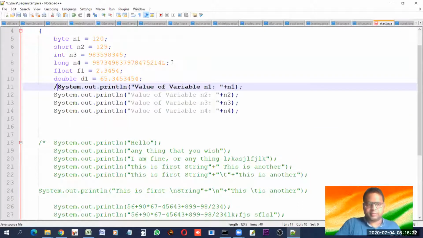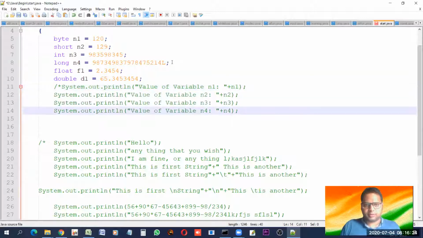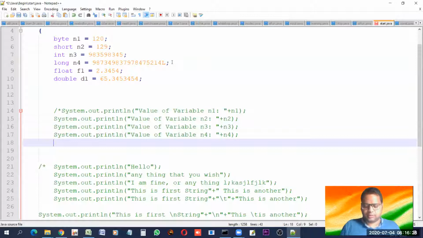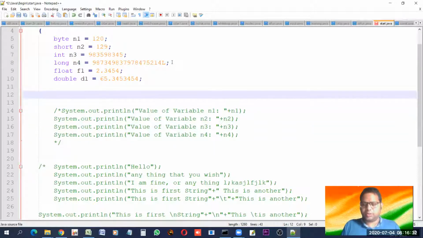For right now, let us make these comments, because this has already been seen so many times and we have already understood. This will make our program easy to understand, because less will appear on the screen and it will be clear for us to understand.